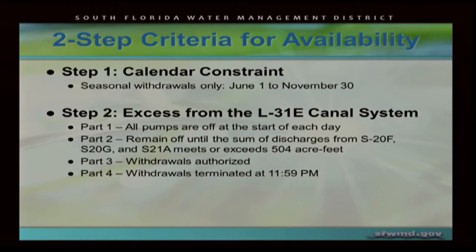But we came up with a couple of steps for how we're going to determine availability of this water. The first step was a calendar constraint, stating that it would be seasonal withdrawals only for the 2-year period from June 1st to November 30th of 2015, and then next year, 2016, the same time period, June 1st to November 30th. The second step in assessing this criteria was determining the excess available